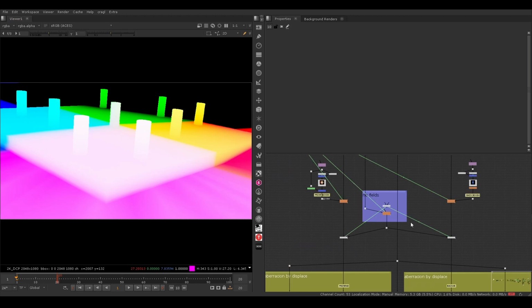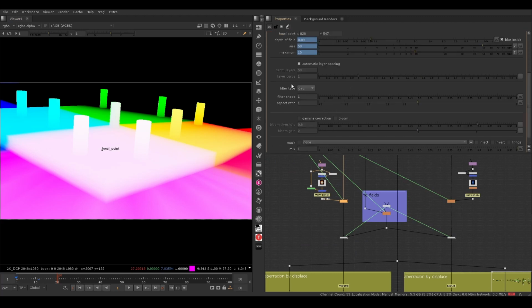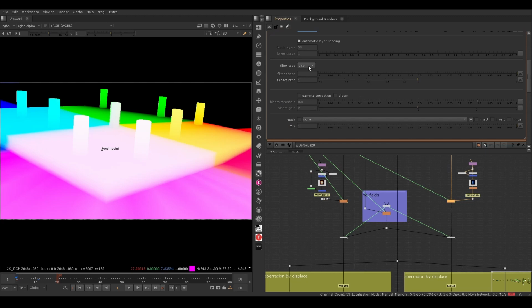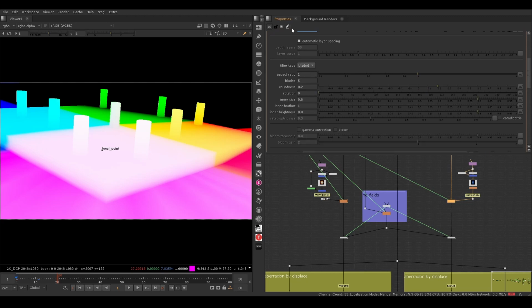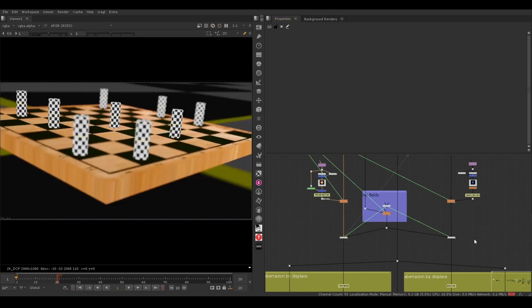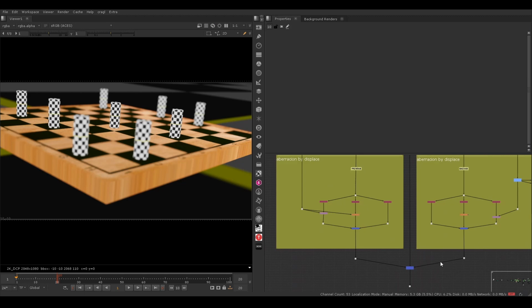But what I wanted to show you here, in this case, I'm not using chromatic aberration inside the bokeh, so this is just a disc, and this one is also a disc. We could probably make the other one a blade just to make it look different. So we have our two defocus sets here to create two different bokehs,